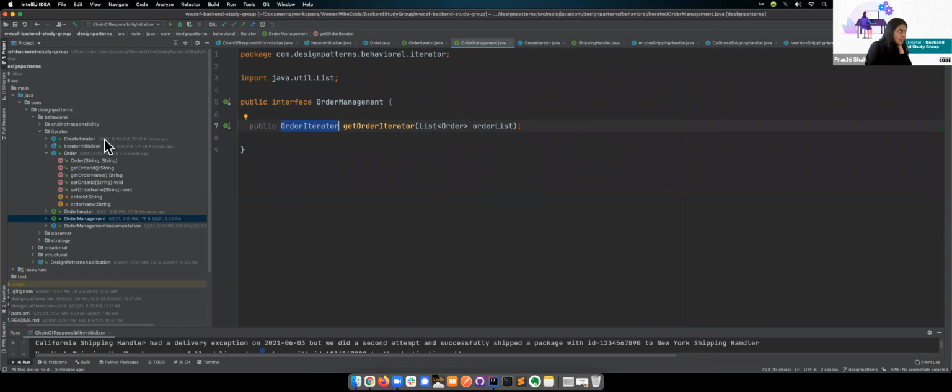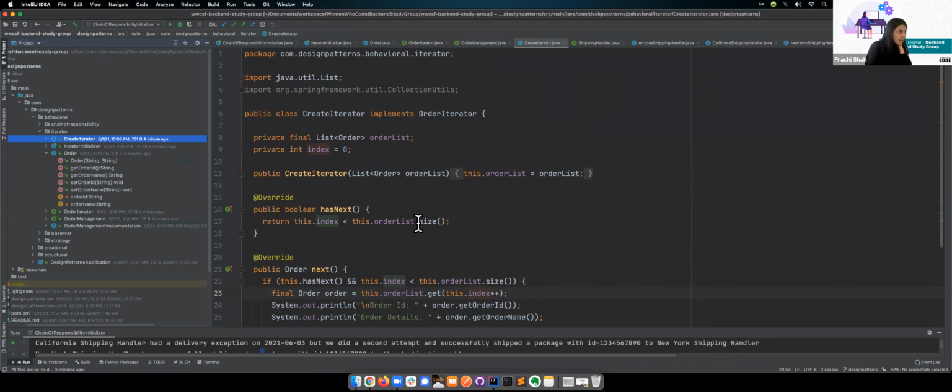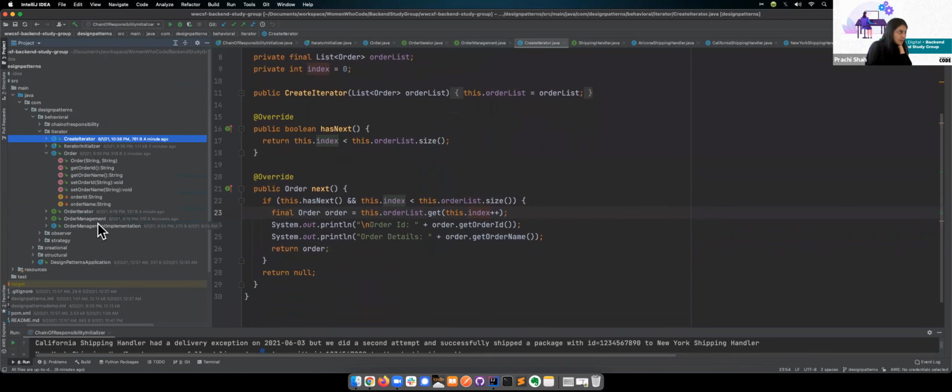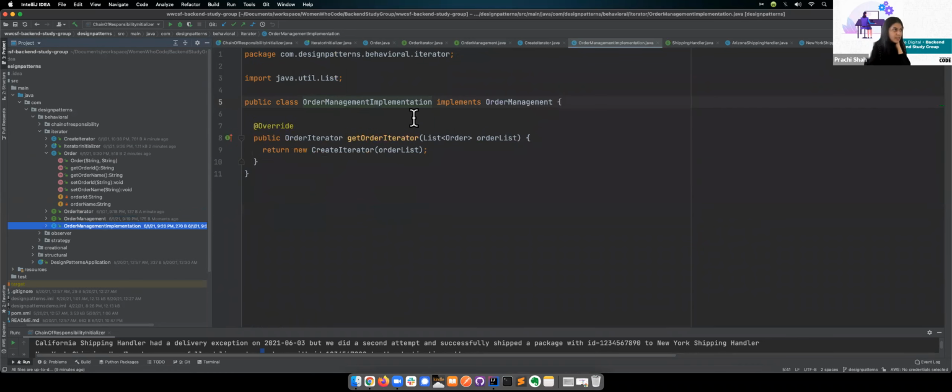Now, if I look at the iterator, let me look at this first. So now I have my order management implementation class. It's implementing that order management, so it has to therefore override